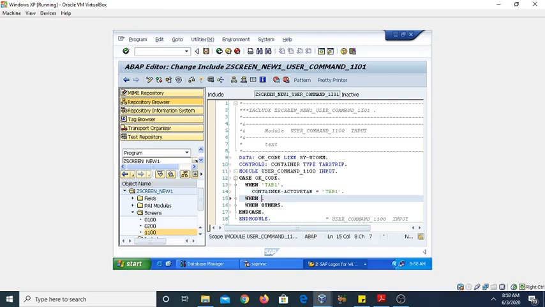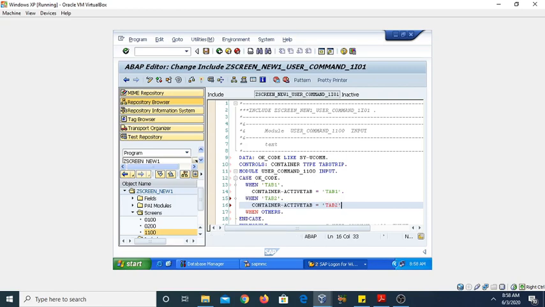When the user selects tab 2, then container active tab must be tab 2. So we have assigned the two tabs with active tab.